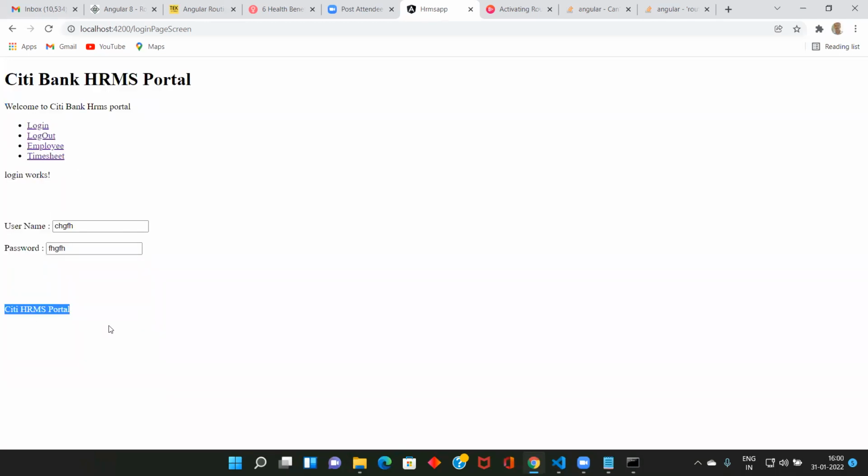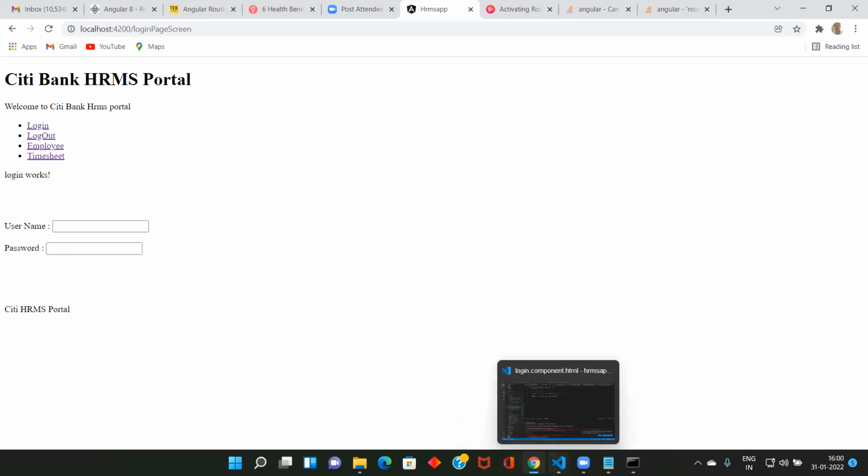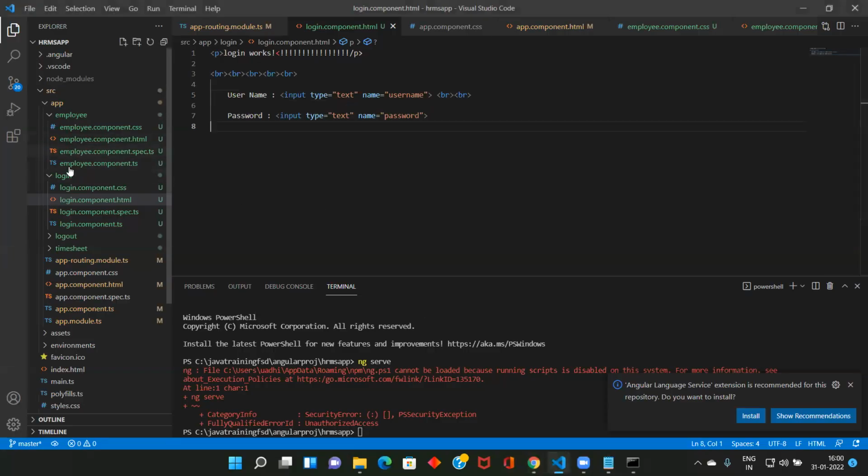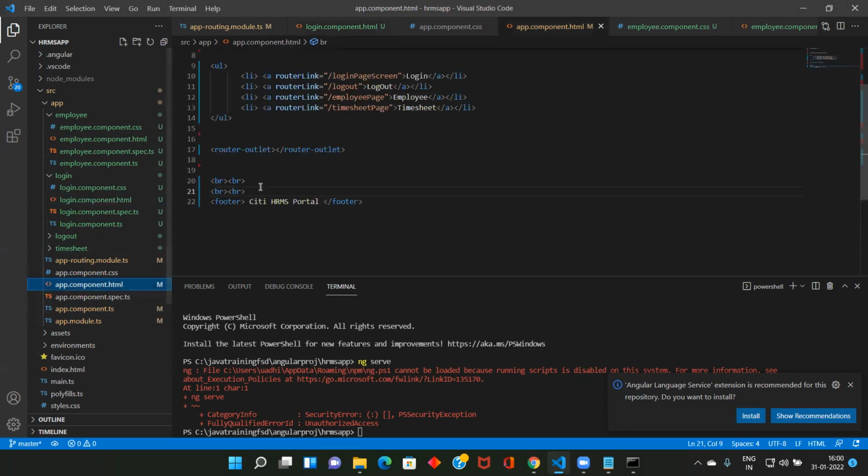From here to here, it is the same. Only this content keeps on changing. Only this area. See, right? Timesheet, employee, logout, login. Only this area is changing. How come? Because of this in the initial page. Angular, whenever you click, will go and see the route, and accordingly it will replace this entire area with